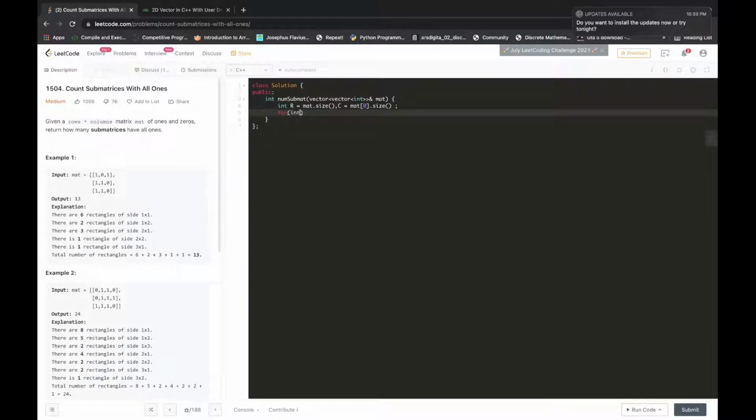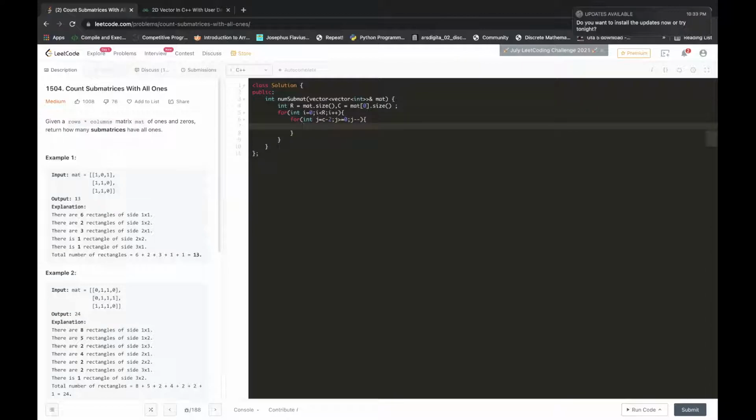So how to calculate that? This will be a two-dimensional loop, and we will start filling from the right side. So j goes from c minus 2, going from the right side, it will be order of m cross n, right? And j should be greater than or equal to 0, j minus minus, right?